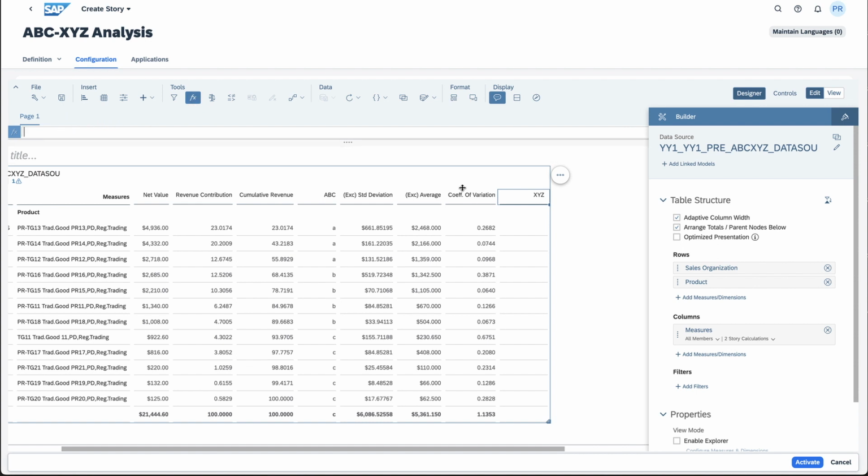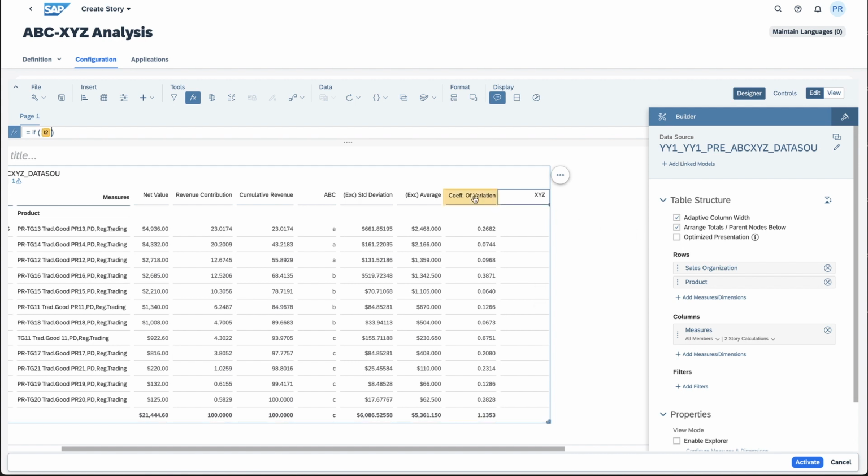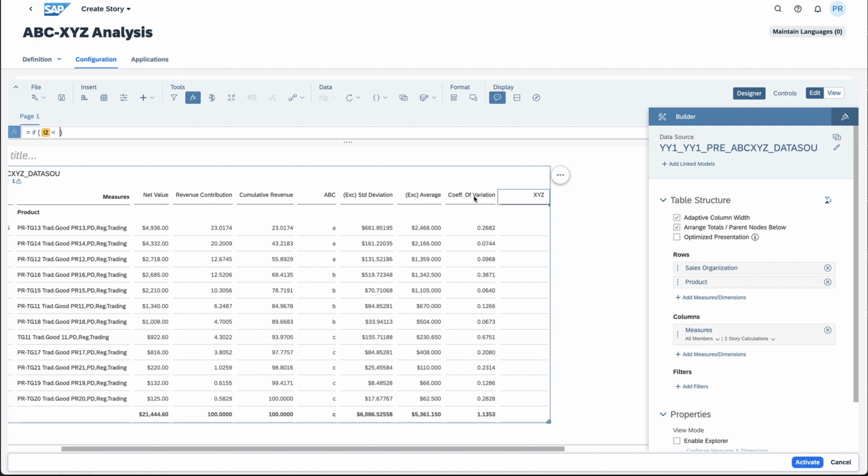I flip to it for the selected column, and we're going to say, just like before, it's equal to if, open the parenthesis. And the if condition is going to be if the coefficient of variation is less than, based on the values that we have, again, the coefficients I'm going to be using are not going to be very realistic at all. This is really just so that we have a bit of a spread of XYZ values. So I'm going to say that if the coefficient of variation is less than 0.1, that's going to give us X